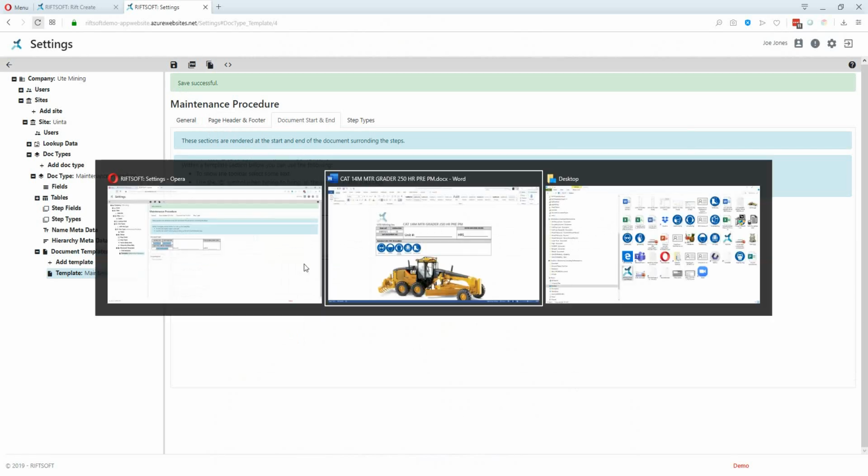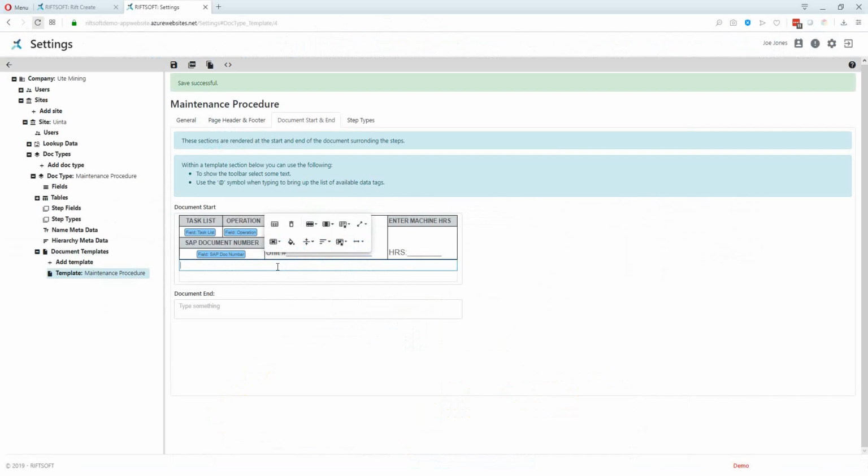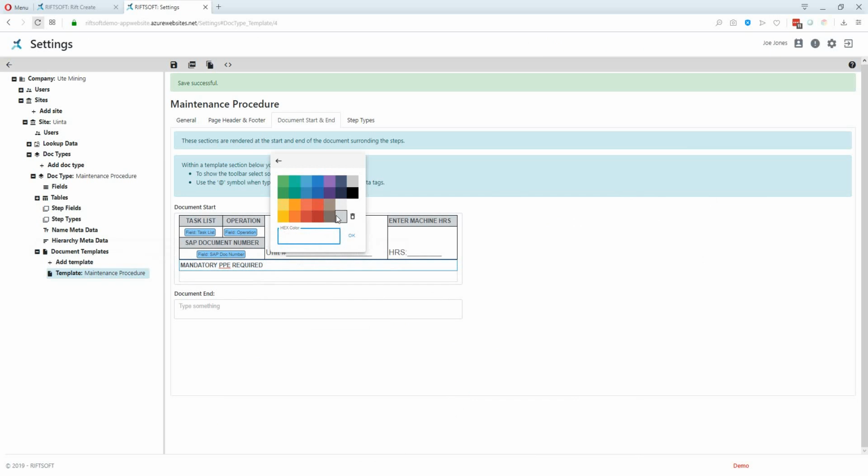Now we're going to create another table that says mandatory PPE required. Again, that's bold, and the cell color is grey. Now we're going to show you a first example of where we get some table related data. Because this information comes from a lookup table but has been put into a field, what we need to do,